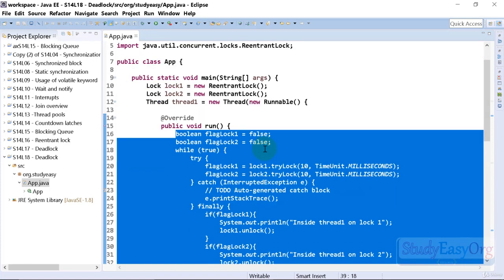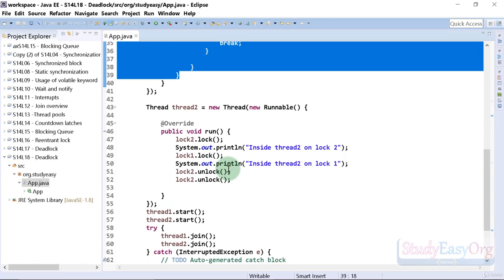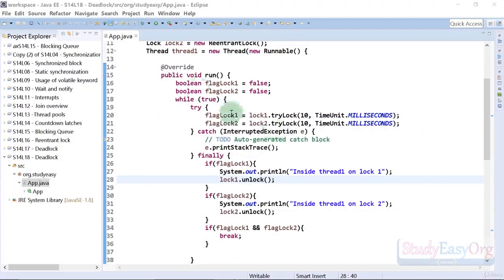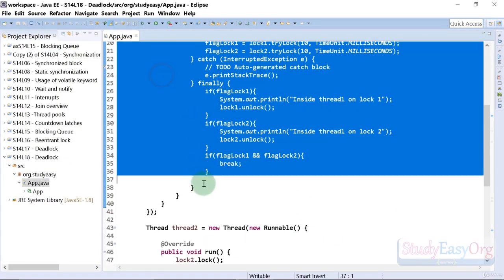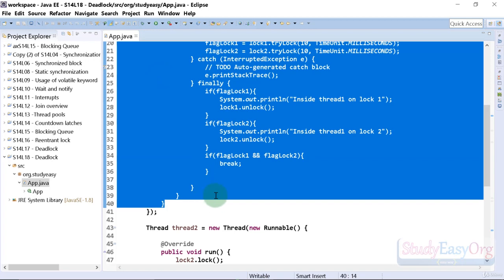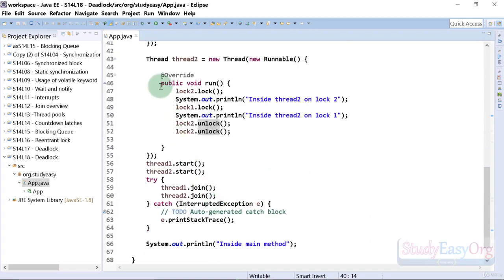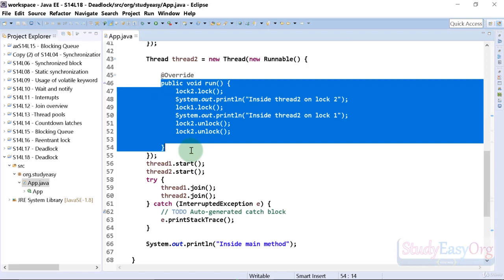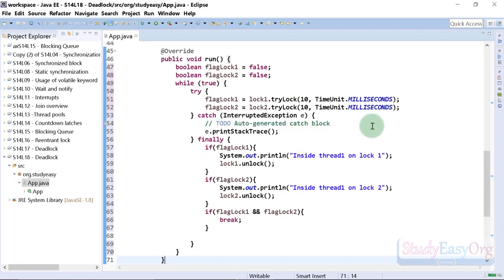and then paste it inside our thread 2. So here is our run method. Let me copy this and let me paste it in here. Here we go. Alright, and let me modify this a little. So in here, the only thing which we need to change is inside thread 2 on lock1, inside thread 2 on